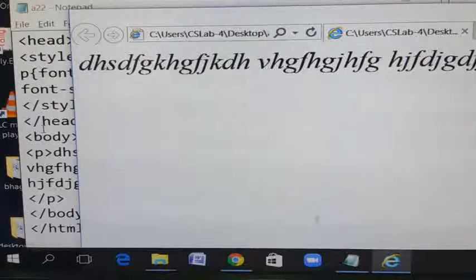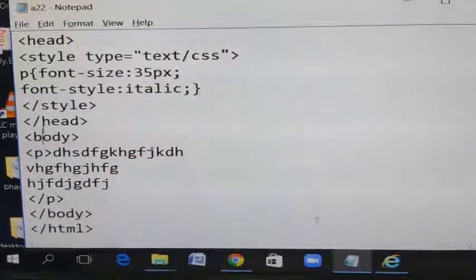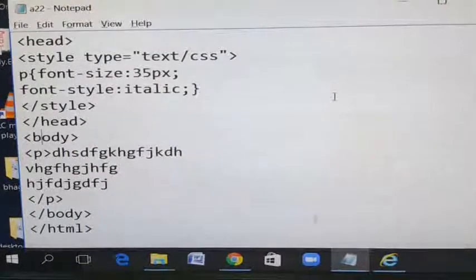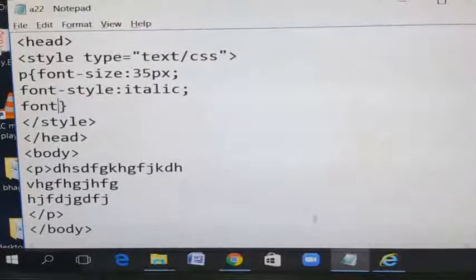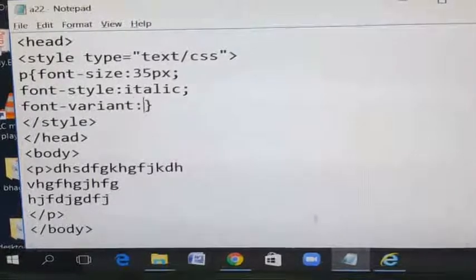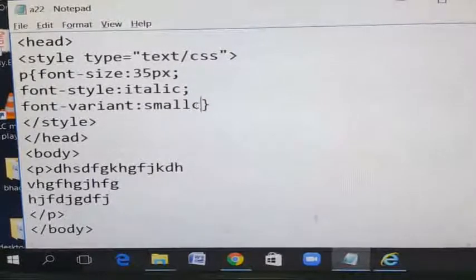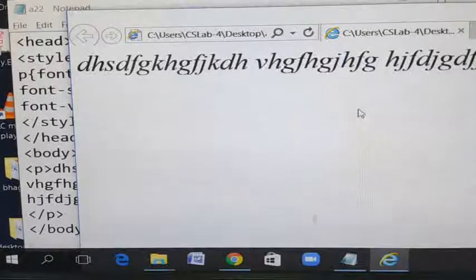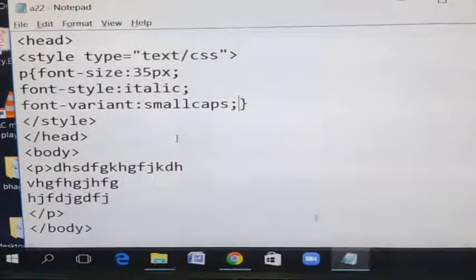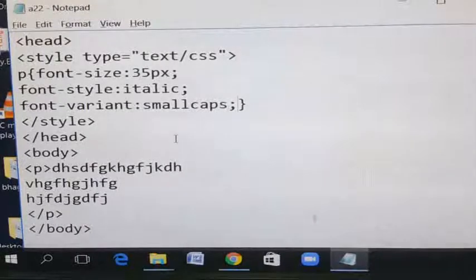Okay, next property is font variant. So here the next property is font variant. I am giving small caps. Save it. Come to the browser window. Refresh this. It is not coming. Just a minute. Small caps variant.